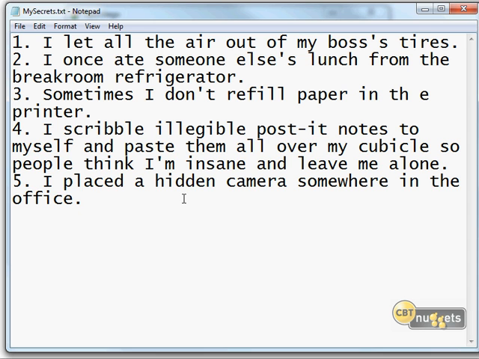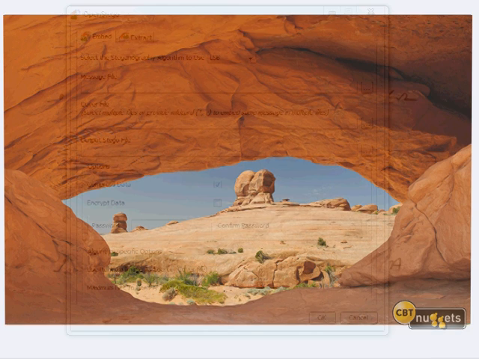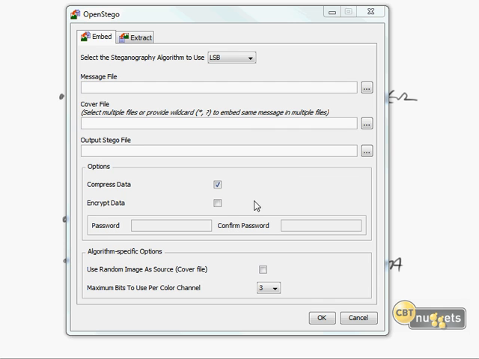And again, this could be a customer list. This could be anything. I could email myself some kind of confidential data in what looks like a harmless photograph. Looks like this, in fact. This is just another arch in Arches National Park. It's called Whale Arch. So we can just take this JPEG file, embed that text file that I showed you a moment ago, and email the photograph to myself, and it looks quite innocent when it's really not.